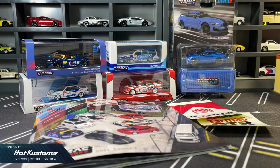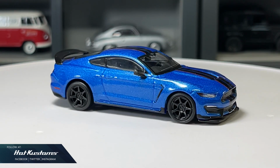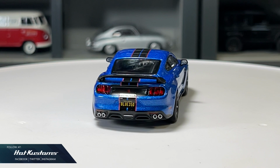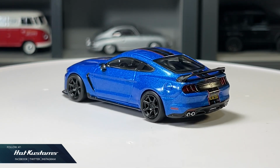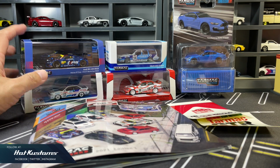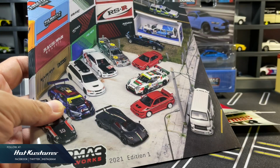The Ford Mustang Shelby GT350R from GLOBAL64, including the Hobby 64, Volvo 850 Estate, and the Toyota Altezza will be dropping on the Tarmac Webstore tonight for Tarmac Works members and available to public on Friday. The Audi R8 and the A92 is now ready for purchase at the Tarmac Works Webstore,